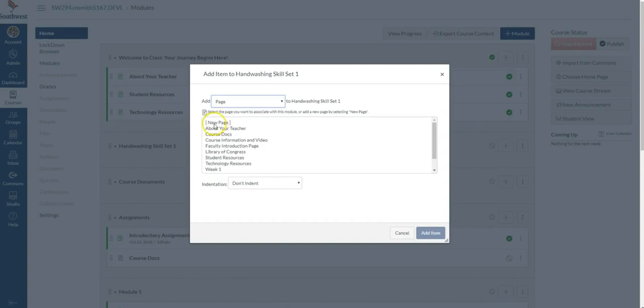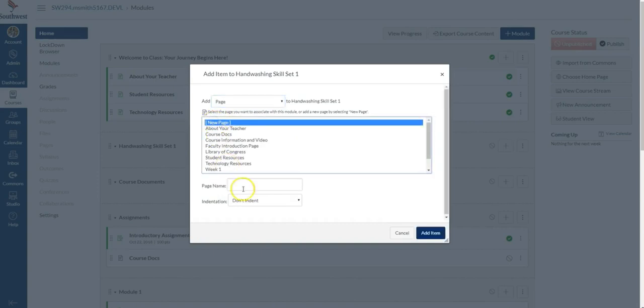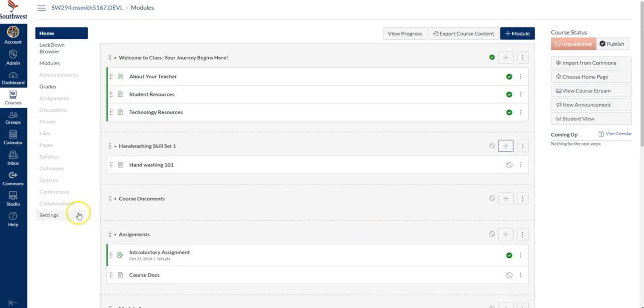But I want to do a new page, so I'm going to select new page, and I'm going to call it hand washing 101. And I'm going to add it. Okay, so if I click on this page,